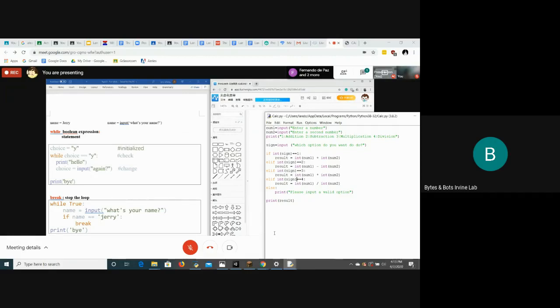So we check this statement, and if it's true, then this will print, and if it's not true, it will exit. So the flowchart is like this. And we ask again. So input